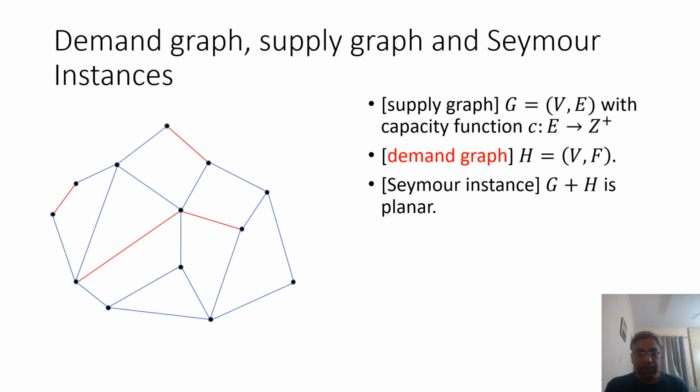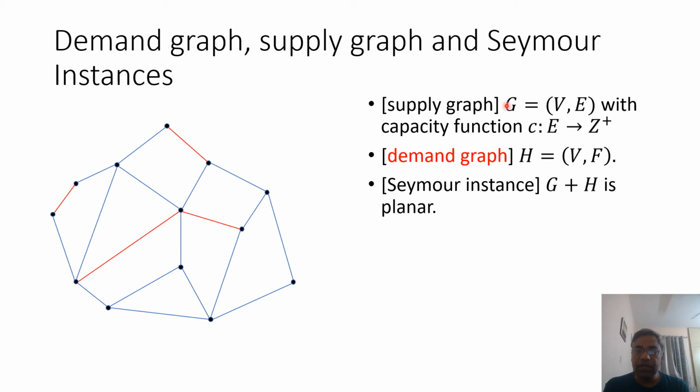Let me quickly, in the 1.5 minutes that I have left, tell you why we actually came into this problem and what consequence it has. So this is an interesting problem in multi-commodity flows on what are called Seymour instances. So for a multi-commodity flow, I'll call a supply graph as